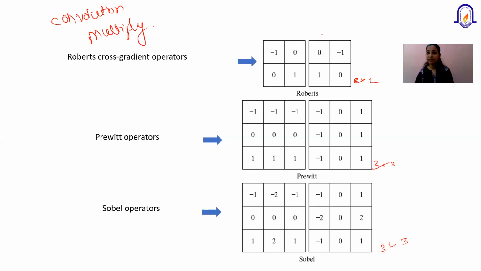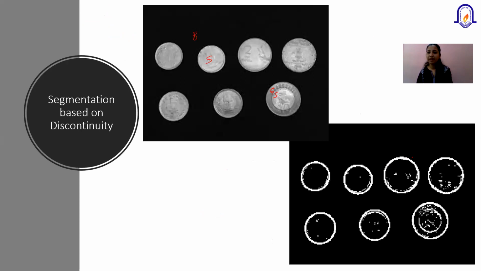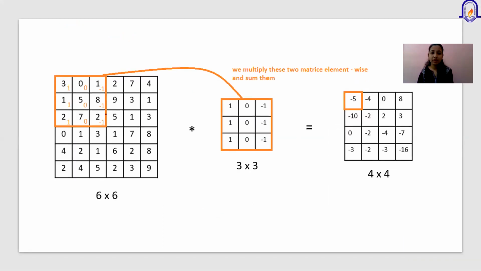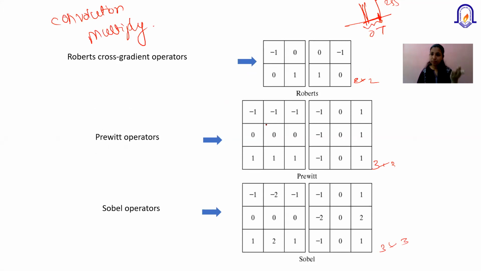Dubey sir might have taught you thresholding, where you decide one threshold, below that you make all pixel values 0, and above that you make them 255 or L minus 1. So basically your complete image is converted into a black and white image. Whether it is silver or golden, we don't care. Once we detect the edge, we declare it as white color. So how exactly does it work? Let's say there are 3 masks, there are more than 3 masks, but let's say I'm giving an example of 3 masks: Robert mask, Prewitt mask, and Sobel mask.